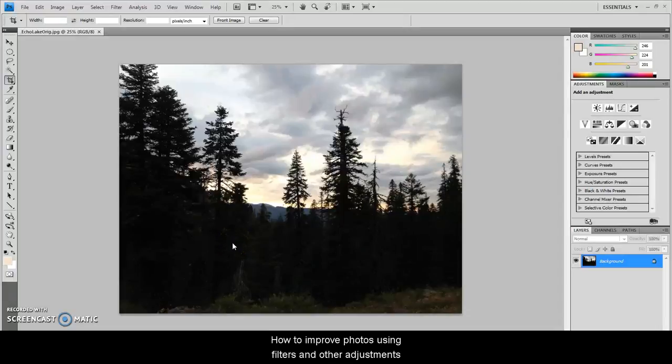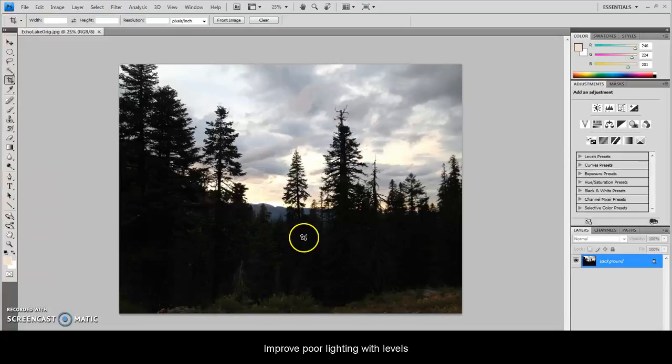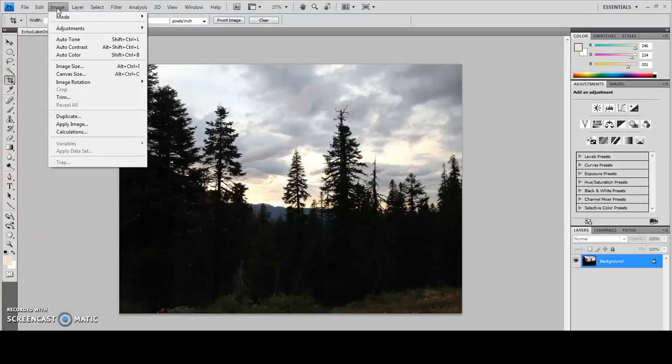Hi students! Today I'm going to show you how to adjust your photos, especially photos like this one where we've got a dark section that's a bit too dark and then a really bright section that is kind of washed out. So to do that, the best thing to do is to make adjustments in the image menu, and under